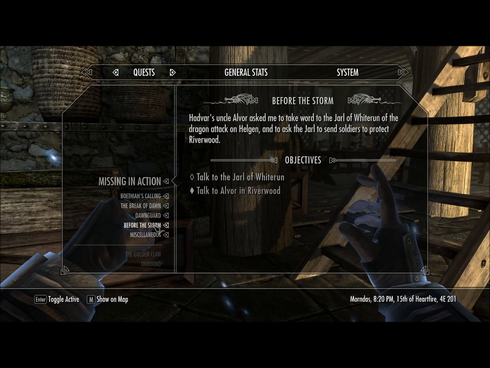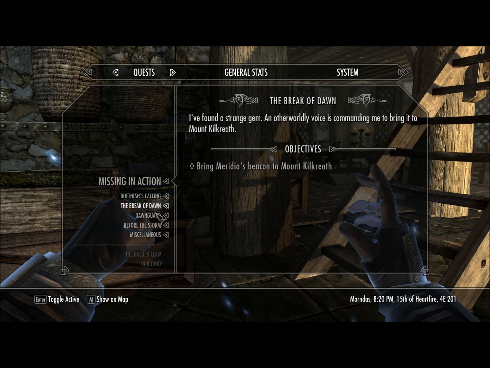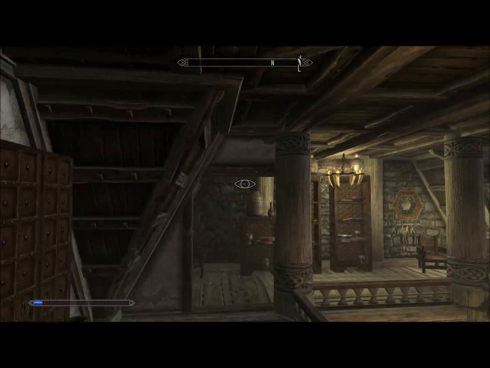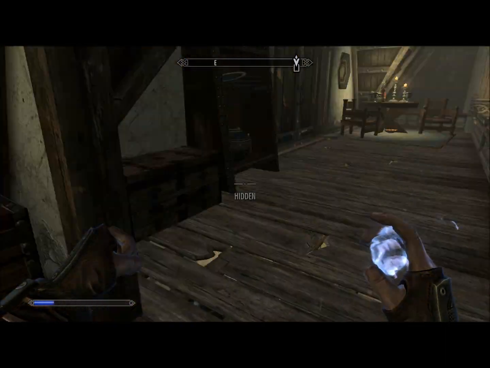So, just because we've progressed it, our text has changed. Abelstein Greymane believes his brother Thorald has been taken prisoner, and that the Battleborns of Whiterun have proof. I need to find it and bring it to Abelstein. I'll talk about how to do that in a minute, but first, let's get everything useful out of the House